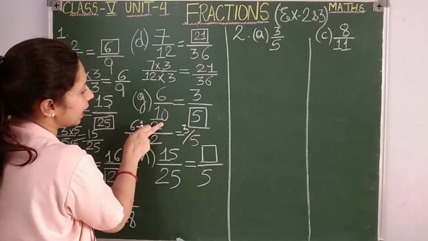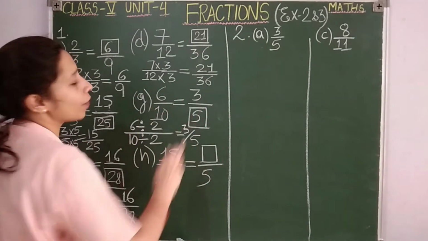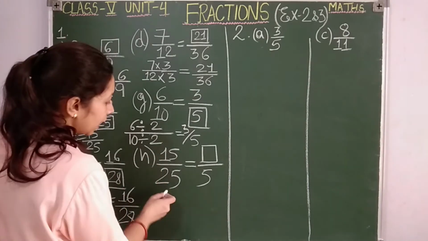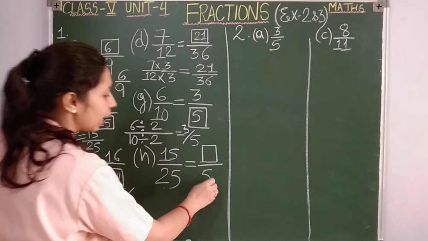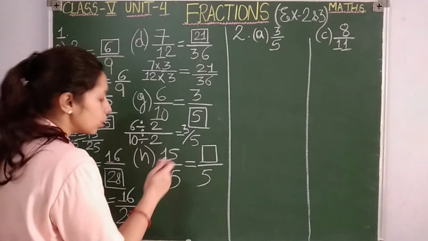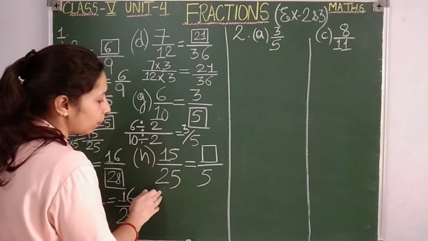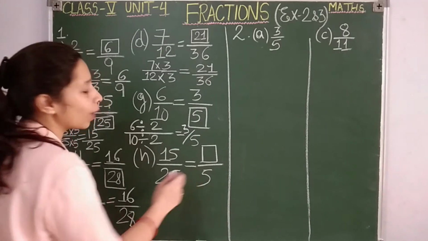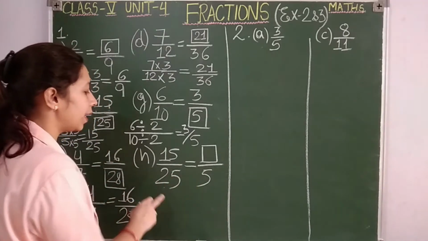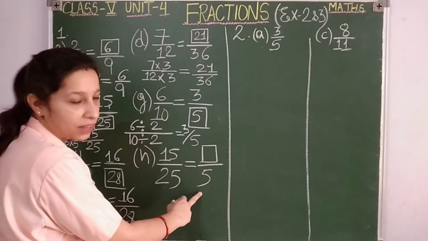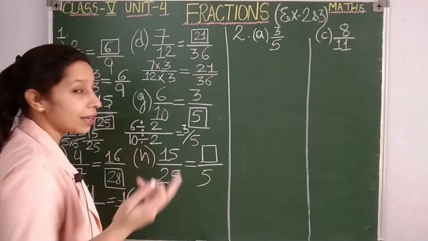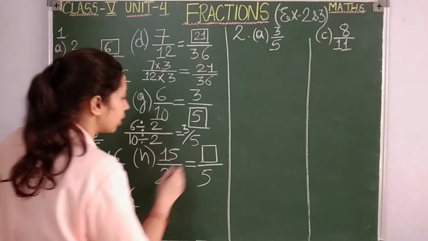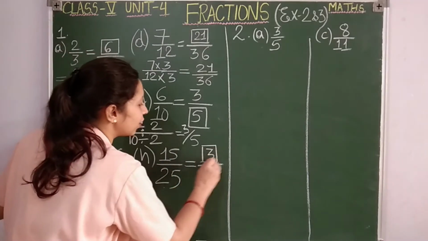When you cancel 6 and 10 with 2, you will get 2 3s are 6, 2 5s are 10. Clear? Okay, one more point, 15 upon 25. Now again this denominator is a greater number and in the equivalent fraction the denominator is small. So it is clear that here we can't multiply something with 25 to get 5, but we can divide. So with which number shall I divide 25 to get 5? You know that 25 will be divided by 5. 5 5s are 25. In the same manner 15 will again be divided by 5, students. Numerator and denominator both are divided by 5.